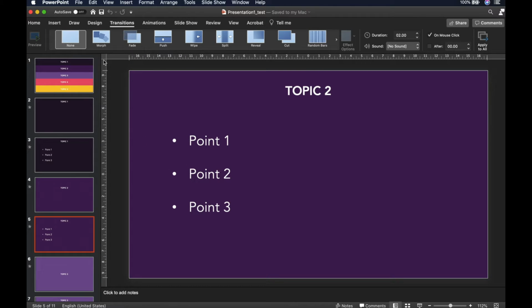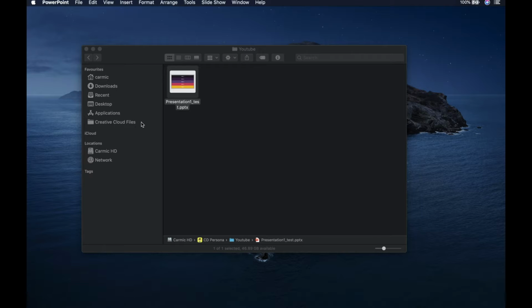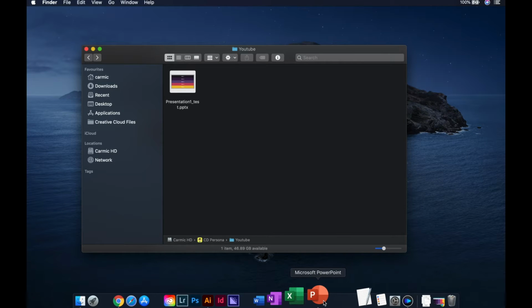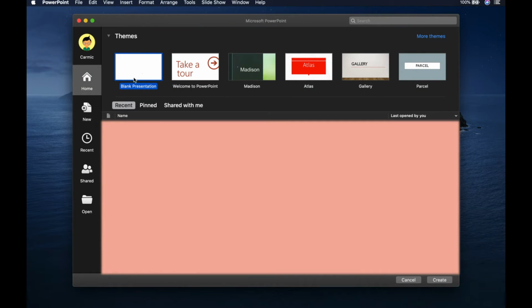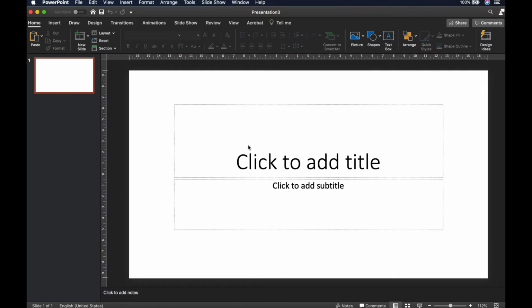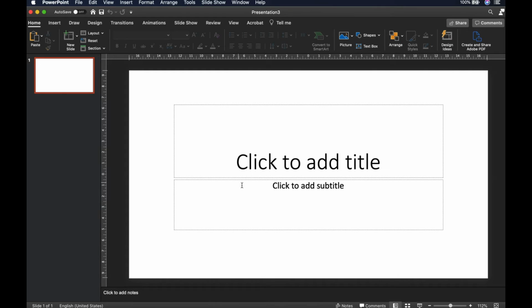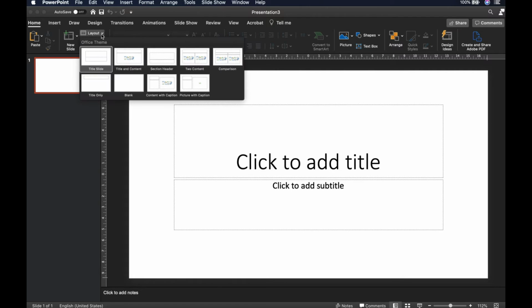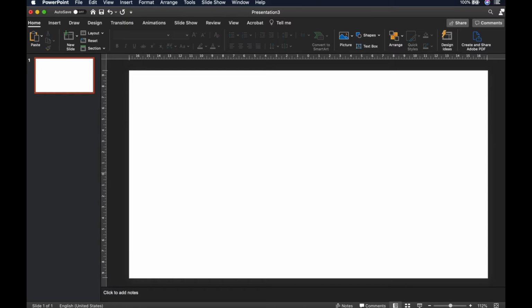So without taking more time, let's dive into how to make these slides. Firstly, open PowerPoint and choose the blank presentation. While opening this file, you will see two default text boxes. So what I do is just go to the layout and choose a blank slide, so you can start from scratch,